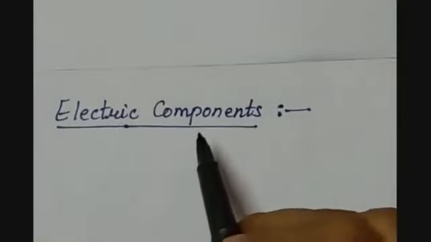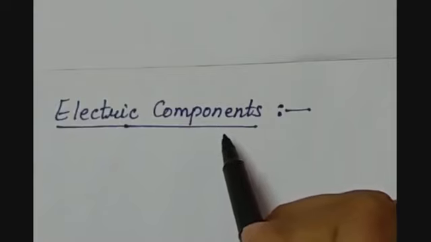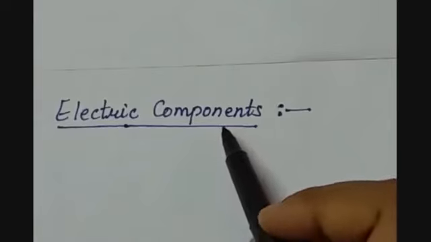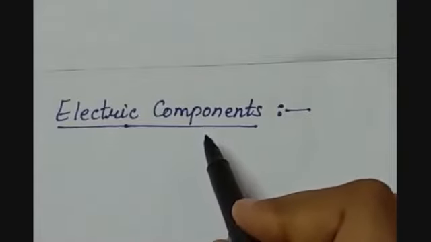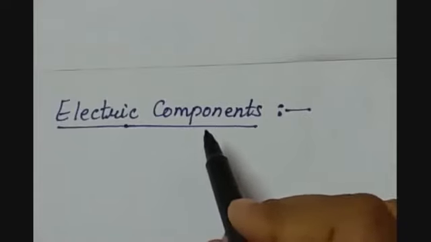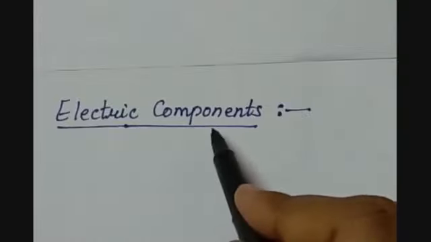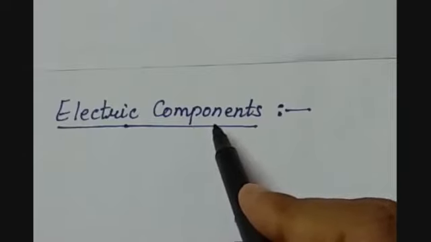What are electrical components? Electric components are the components which are used in the electric circuit. It can be energy source like cell, it can be a battery, or it can be a load. It can also have resistors, ammeters, voltmeters, galvanometers. So one more, switch or key. So these are called electric components. With the help of these electric components, we make electric circuits.